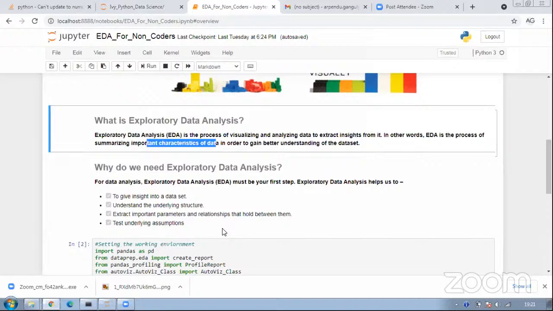This is where EDA again helps us form a ground and underlying assumptions. Data science as a work is based on a lot of assumptions and a lot of hypothesis testing. So we try to test those assumptions statistically, backed by the data, through EDA. Okay, so that's all, basically, in terms of why we need an EDA analysis.